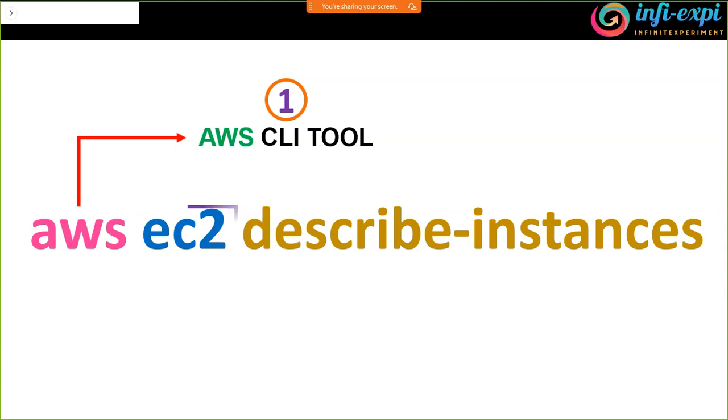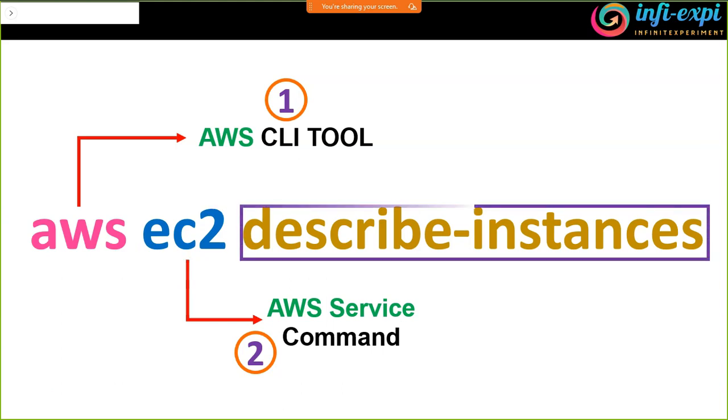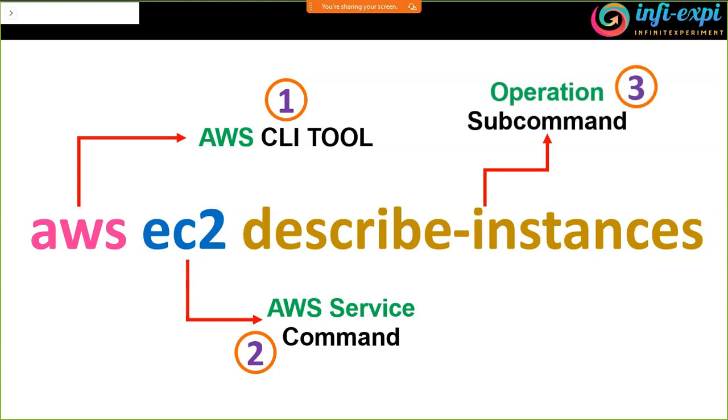That's all about your EC2. And this EC2 is nothing but your AWS service command. And the third option you have is called describe instances, which is nothing but a sub command. EC2 is your service command, and from there you can go for sub commands. These are the three major commands and tools that we will be using. Apart from that, we will be creating complex commands and options. Options for a specific command can also be offered. So AWS space EC2 space describe instances is one example of working with this